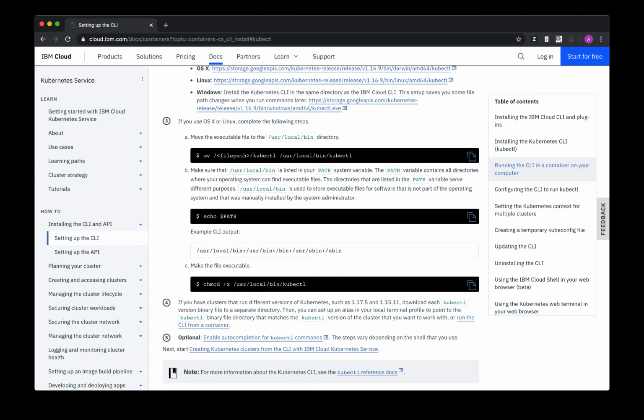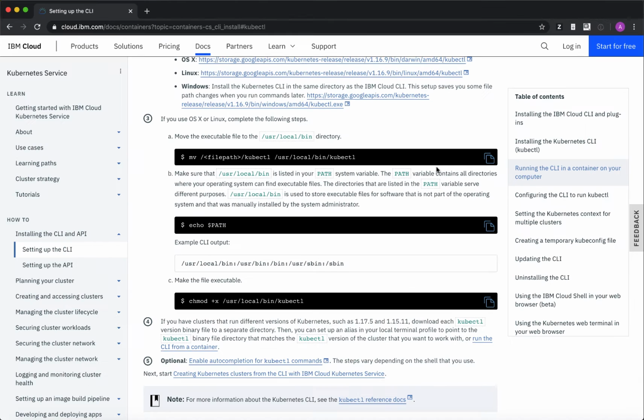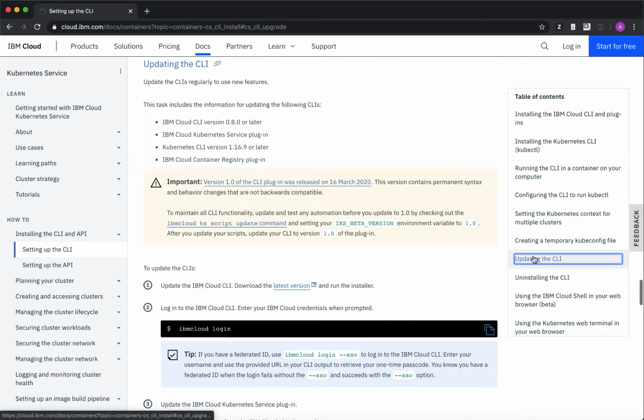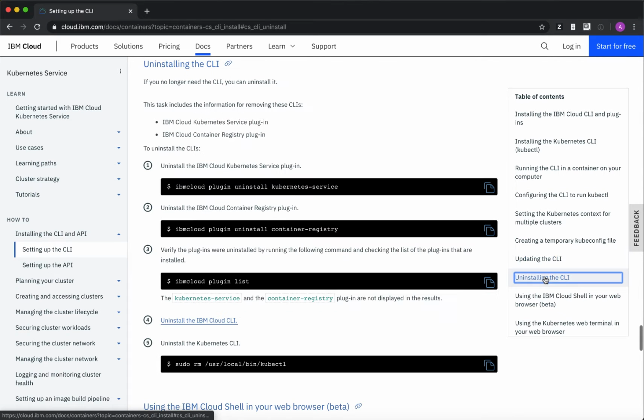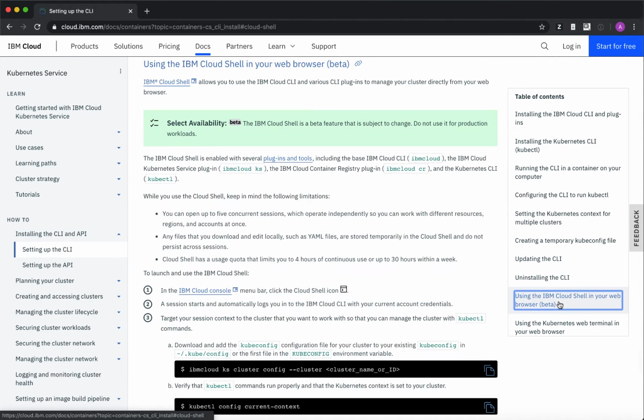While I don't love how wordy this topic is, I do like that it includes context for things to consider. Like if you run this CLI at a different version than the cluster it's connected to, errors might happen. Finally, it provides some suggestions for what to do next, such as enabling autocomplete or creating a cluster via the CLI. We have some other topics on this page, like updating or uninstalling the CLI,